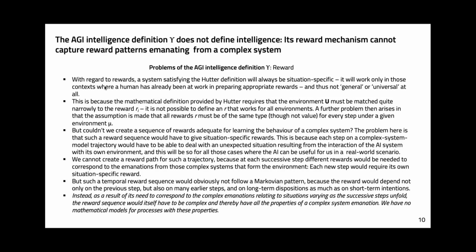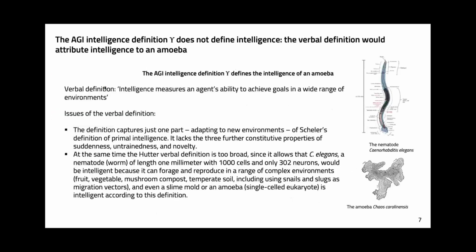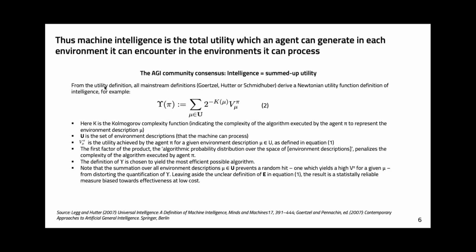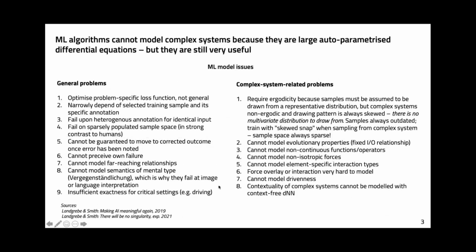What can be achieved by these equations is actually what neural networks already do, because this is a recipe to optimize a function. Loss functions minimize loss, and here we maximize reward, but it's basically an optimization prescription, and we achieve this by applying these models. We achieve what is shown on slide 3 with all the pros and cons. Now I'm saying that these ML models are very useful, but they have nothing to do with intelligence.